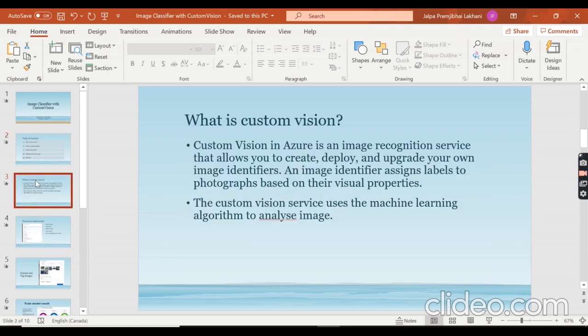So the first is what is Custom Vision. Custom Vision is an Azure Cognitive Service for image recognition that allows us to give tags to our images and recognize your images based on the tag, how they look and how similar they are to other images, how they reside in one category. We can differentiate all the categories by testing our images, and we can also give tags and labels to our images, so we can compare and count the similarity of our images. It's a kind of machine learning algorithm to analyze our images.